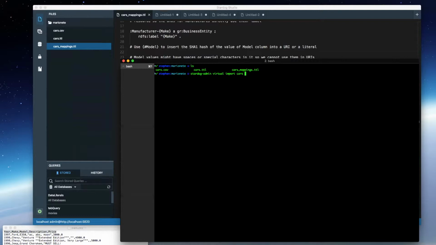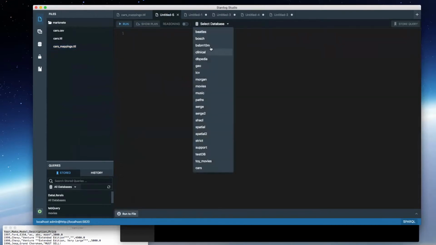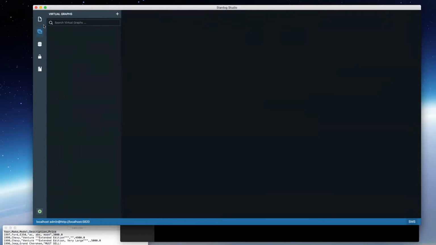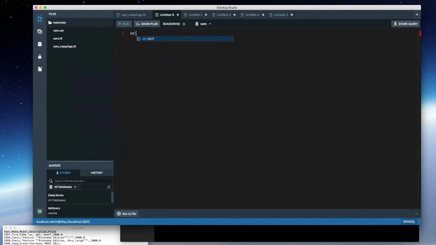I specify the database name, I give it the mapping file, and then I give it the CSV file. Stardog goes to work, and then it says successfully imported 72 triples. So now, where is my cars database? There it is. If I just do a quick select star of what we have,